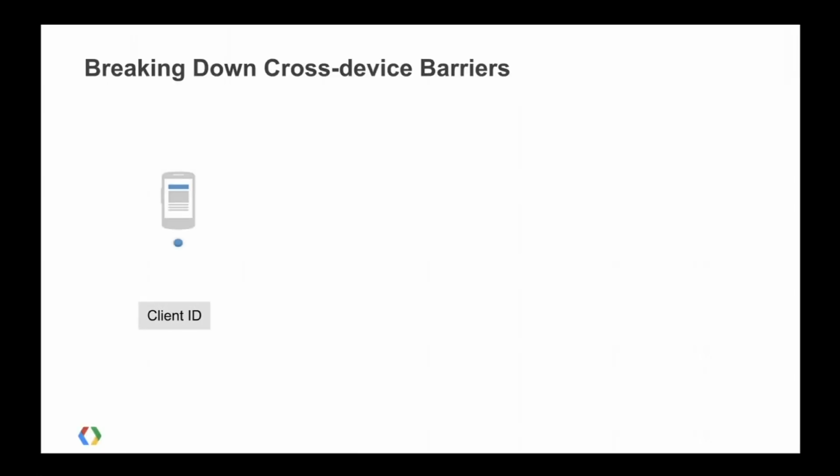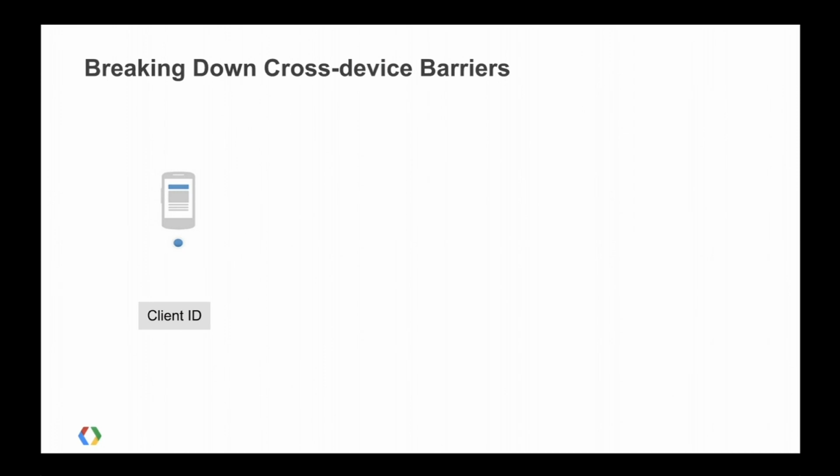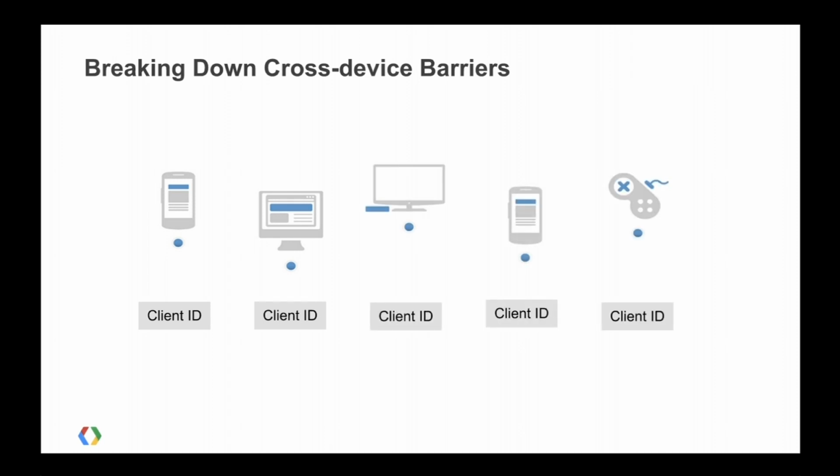Now, you saw in Nick's demo, when he was sending those hits with the measurement protocol, he was using a field called the client ID, or CID. And this has been around in Google Analytics for a while. Basically, it's an anonymous ID that represents a single user on a single client device. So if I'm using your web app on my smartphone, I have one client ID that represents me using that phone in GA, Google Analytics. Now, if I access your site on a desktop, I'm going to get another client ID, a unique one that GA is going to use as well. And this is going to keep going.